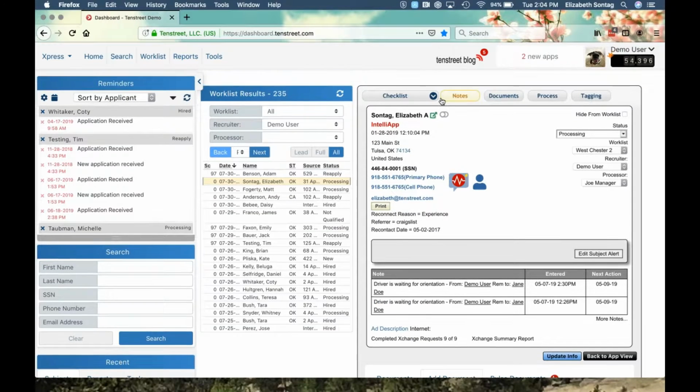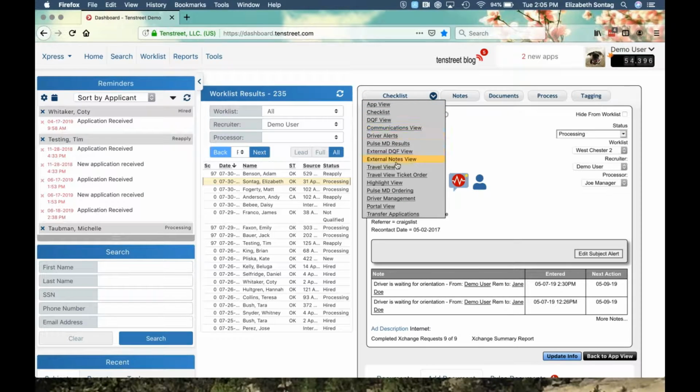So now we're going to talk about dashboard email. And dashboard email is brand new, and we're rolling this out to clients throughout the next couple of weeks. So if you don't have dashboard email today, it will be available to you within the next couple of weeks. We're rolling it out slowly to all clients. So when you go into your communications view,